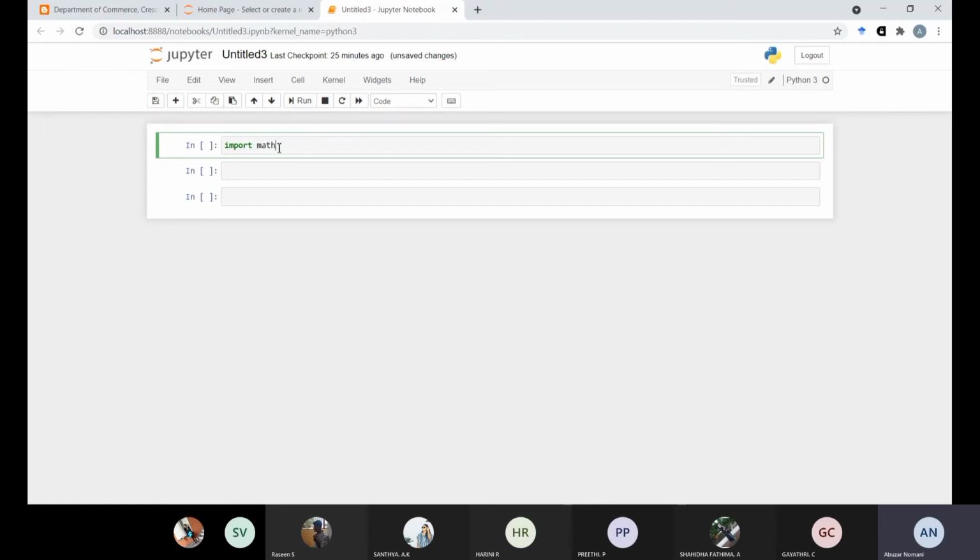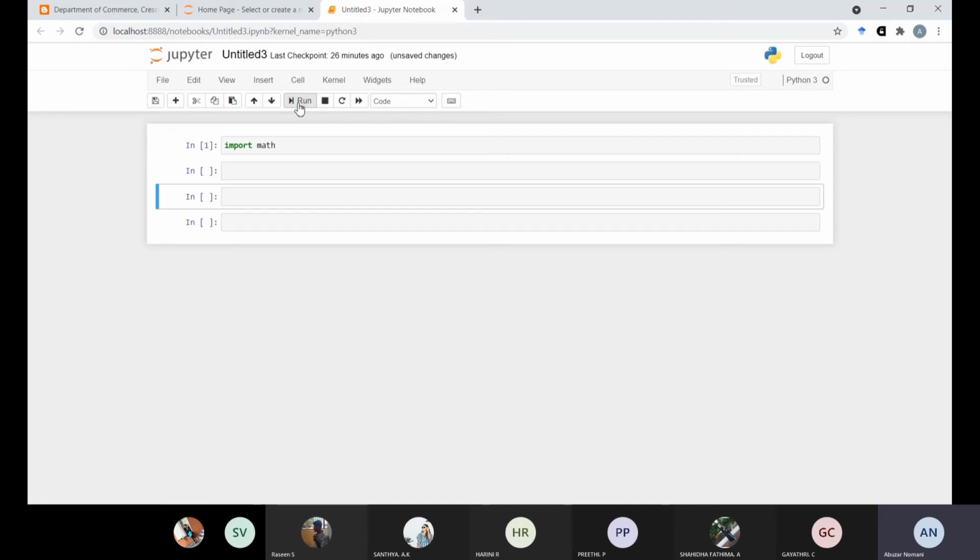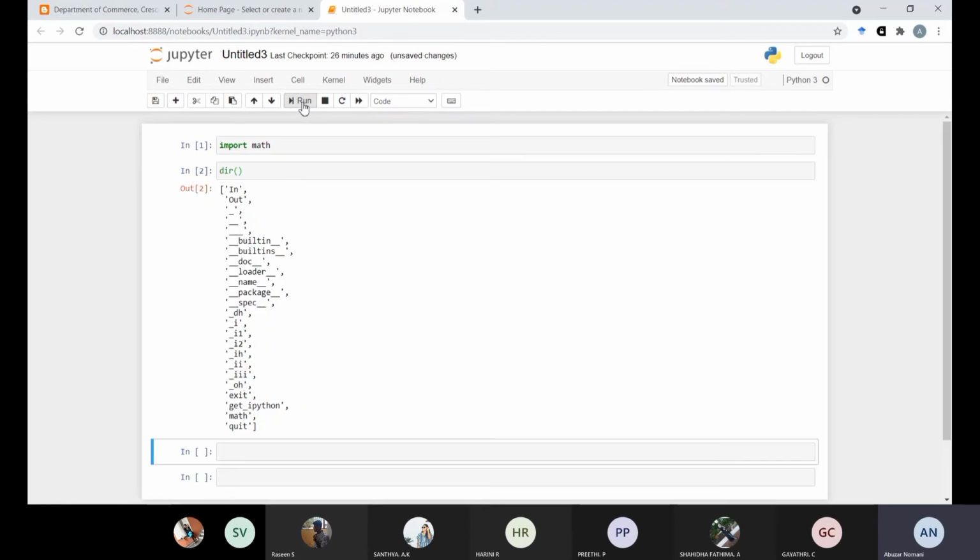So I have given the command import math, then click on the run button, it will run. Now I will check what functions come in. To check that, there is the command dir(math). Okay, so after running that, these are the functions of mathematics that have been imported after importing the math module.